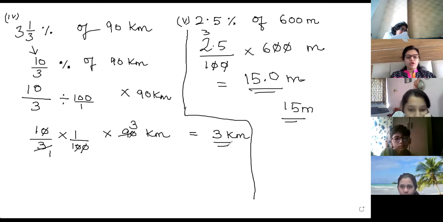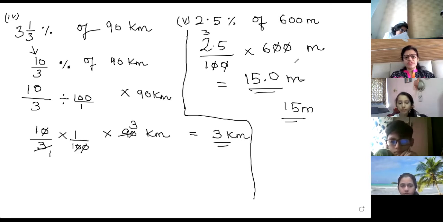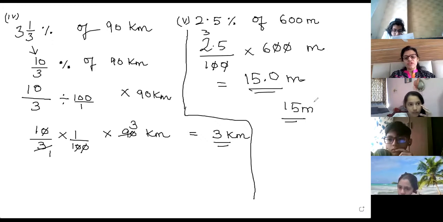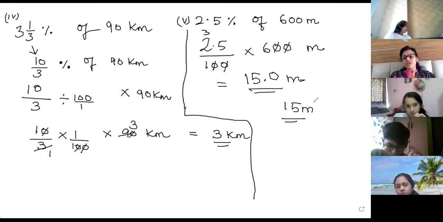So that will be all for today's class. So we have done till here. Next class we'll be doing some more questions on fractions only. But during these 10 days, just go through the fraction, decimal and percentage, whatever we have done, how to convert, so that whenever we do questions, you should be knowing it.